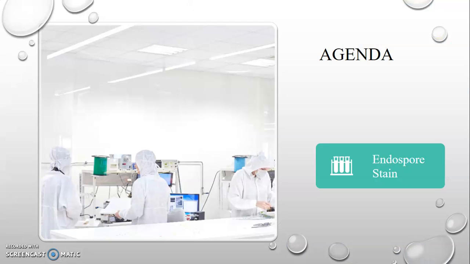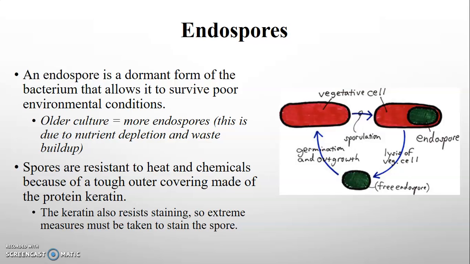So this week we're going to be talking about the endospore stain. The endospore stain is another type of differential stain. It involves the use of two dyes to show us two different parts of a cell. What it's going to show us are vegetative cells, which are active cells, and then endospores, which some bacterial